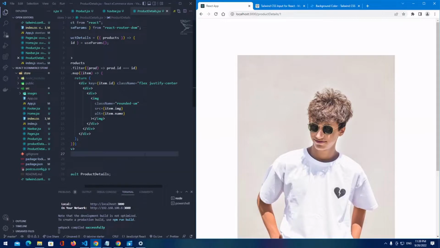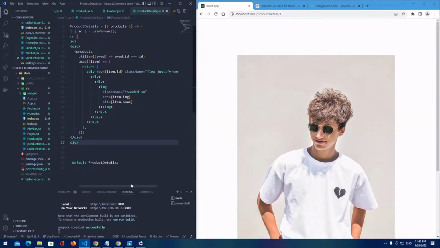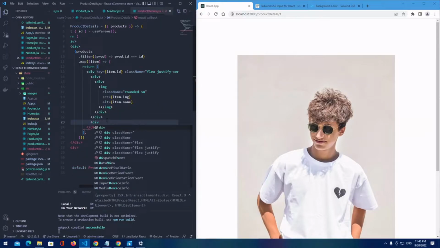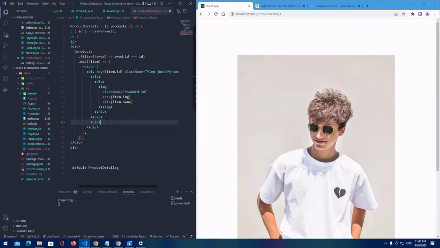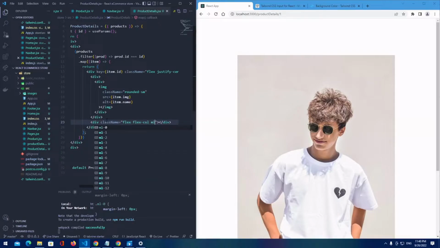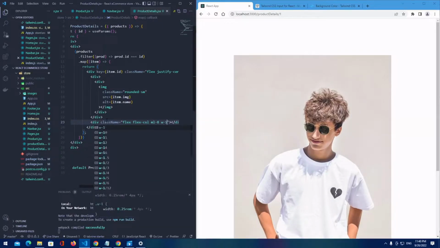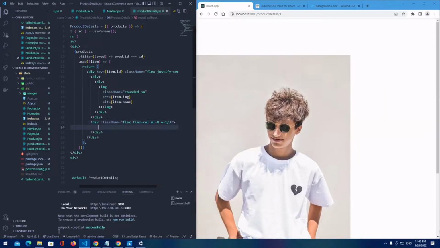Nice. So let's add something else. That's going to be another div here. And that div is going to have another class name. So let's add it here. Close this. We'll use class name of flex col. Flex col, margin left is going to be 8 and width is going to be 1/3. Nice. Inside that we're going to have another div